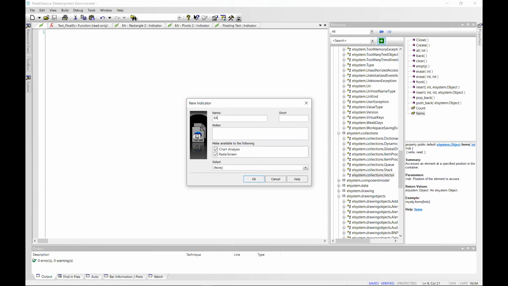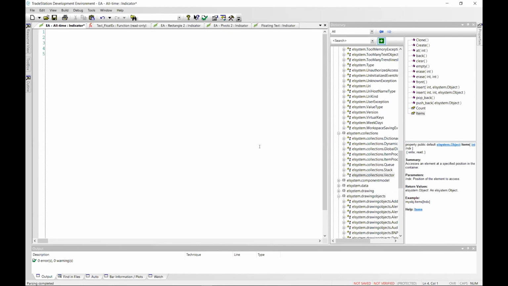I'll just show kind of a demo here. If you're doing quote unquote all time values, which by all time we just mean whatever's on the chart, then you need to create a variable. Let's just say we'll call it ATH, all time high.